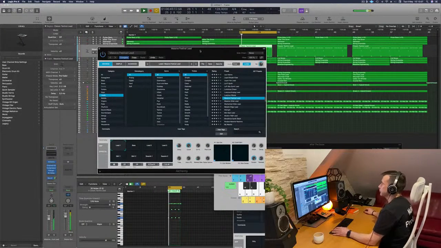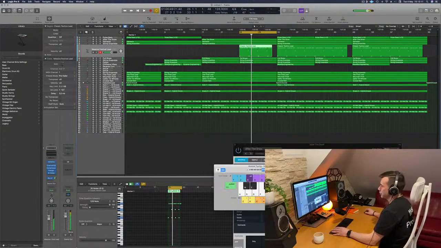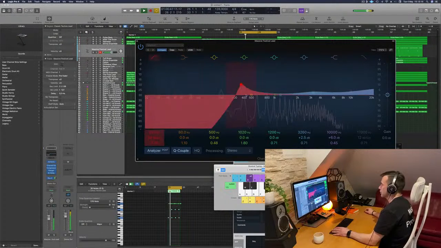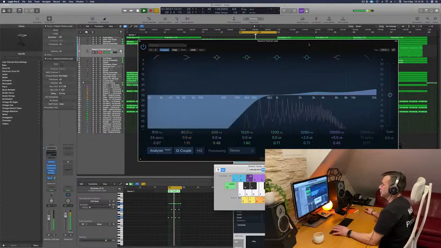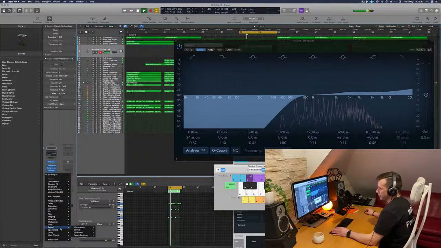That could work. Has to be mixed. It has to be fitted in there in a way, I would say. I will try to put it wider in the stereo image, maybe we'll be able to